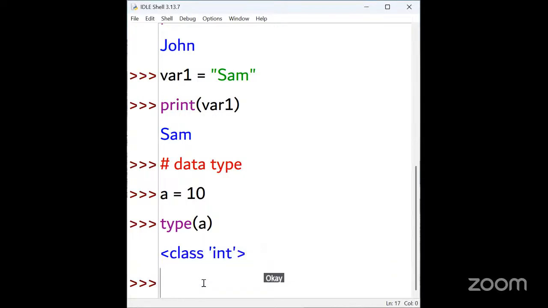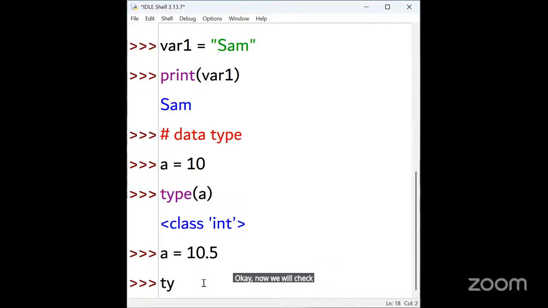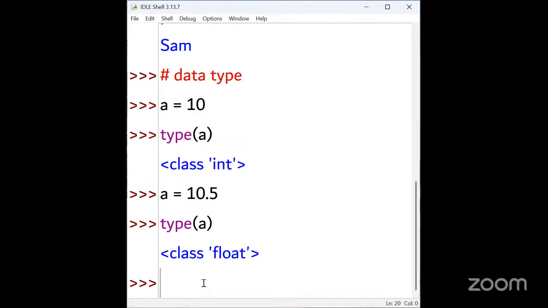Okay. So next, for the same A, I give 10.5. Now we will check the type of A. Can you see here? Before, when A is equal to 10, it is of type class integer. Now A is equal to 10.5, it is of type class float.